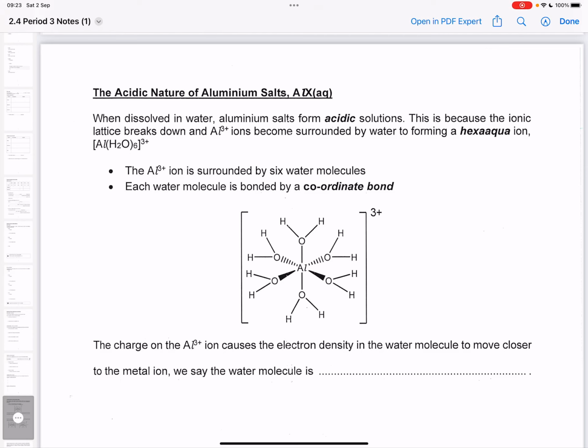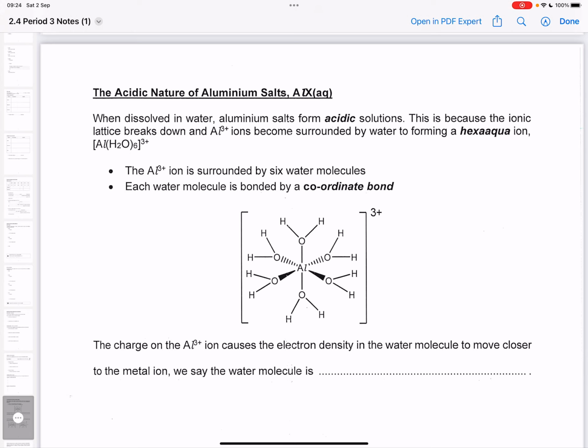So far in this pack, we've seen quite a lot of information about aluminium. We started off with aluminium as an element, a giant metallic structure. We reacted it with oxygen. We couldn't react it with water because of its aluminium oxide layer, which is insoluble, but when we reacted it with oxygen to form aluminium oxide, we then looked at aluminium oxide, which is an ionic structure but with significant